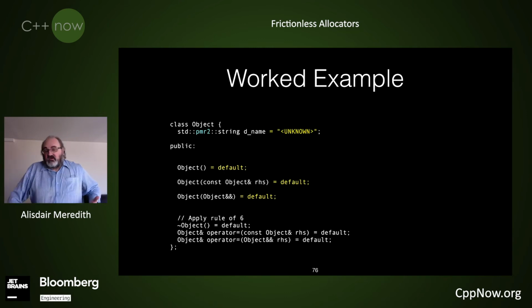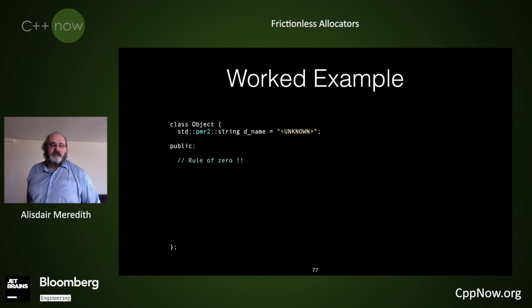And we can go further, because with this new model, it's the constructor that's going to supply the allocator with this implicit using chained all the way down. So I can safely use the default member initializer to provide the default value up there, and literally default all my arguments. And this is now, again, just going to work nicely. So this is your basic rule of 6 notion. It can actually simplify all the way down to rule of 0.